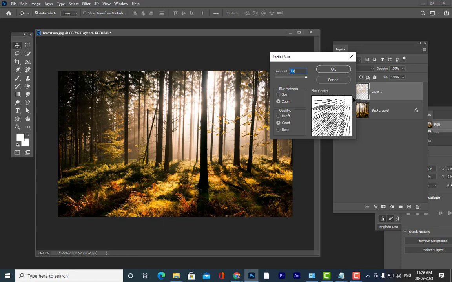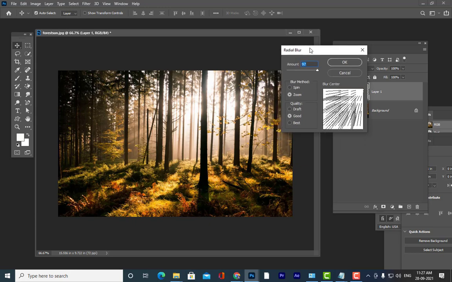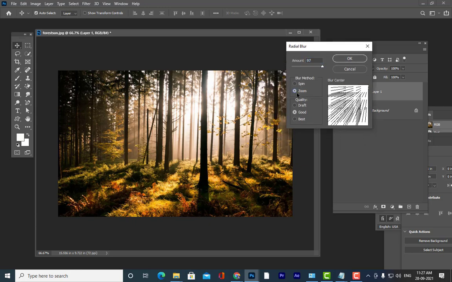If you want the blur to come from the top right corner or top left corner, you can change this, or if you want it to come from the center, you can do that. Whichever side you want, you can change. Let me do it from here. The most important thing is the option should be Zoom, and the quality should be Best, and then simply click OK.